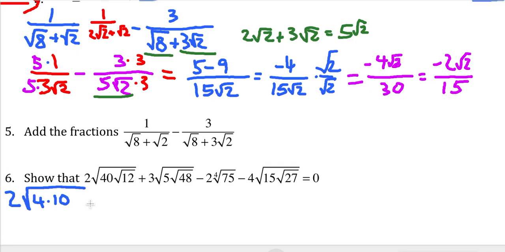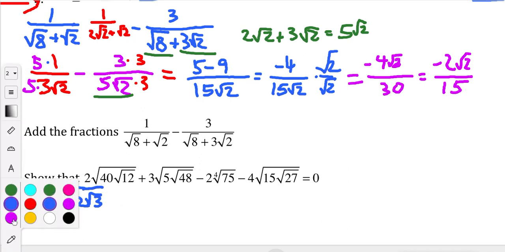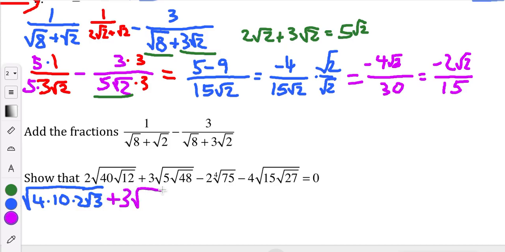Let's go ahead and break that down to its factors. Instead of root 12, how about root 4 times root 3? So in other words, 2 root 3. And why don't we just use some different colors? Plus 3 root